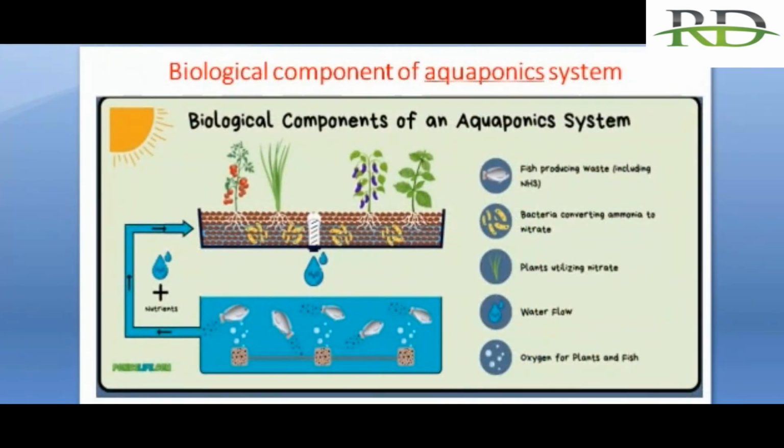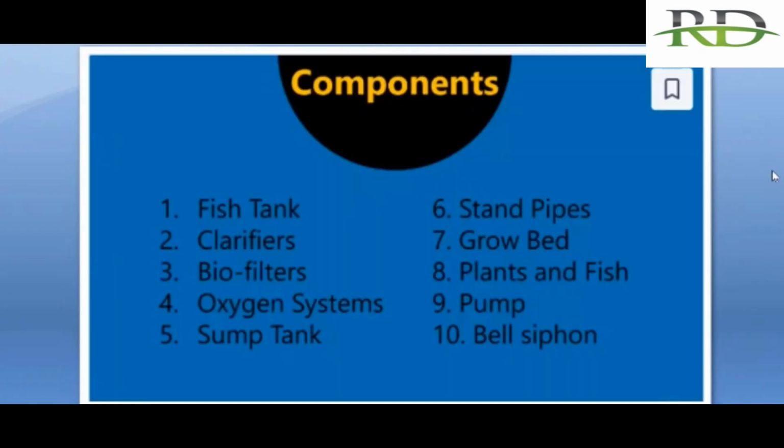This is the biological component of the aquaponics system. The main biological components are the fish, which produce the waste, the bacteria, the plants, and the water flow. Next slide. The main components of aquaponics, as I have told you, are the fish tank, the clarifier, the biofilters, the oxygen system, the sump tank, the pipes, the growing bed, plants and fish, pumps and bell siphon. These are the basic components, and you can have alternatives for each and every component. Next,